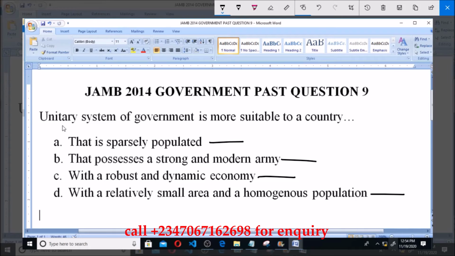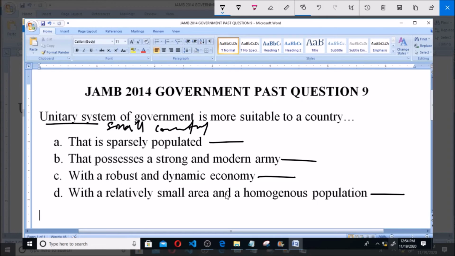And when we talk of unitary states, it is a small country. So what relates to it is that we can say small. So option D